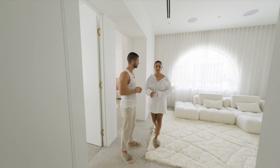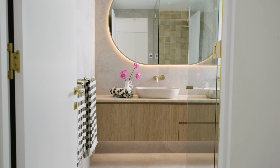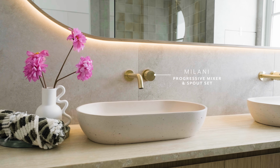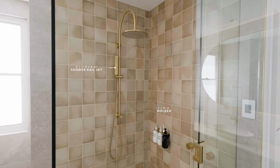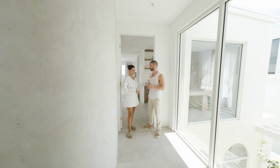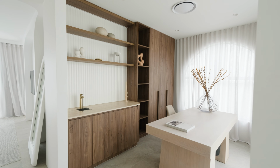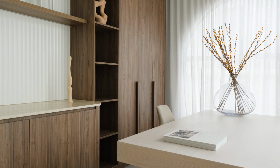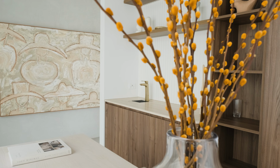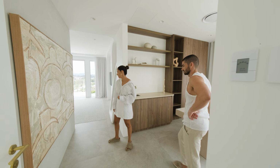We also have the kids' bathroom and toilet here. Generous sized bathroom, and the brushed brass finishes are consistent through the whole house, so we've continued that up here as well. So this is the master bedroom, my personal favourite area because I get to spend a lot of time in here. To my left, we have our shared office. Georgio and I both run our own businesses, so we spend a lot of time here. Coming through here, we have